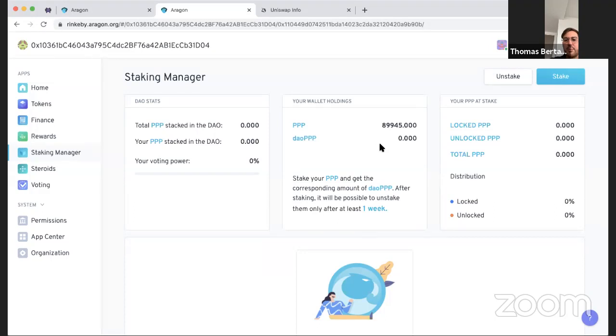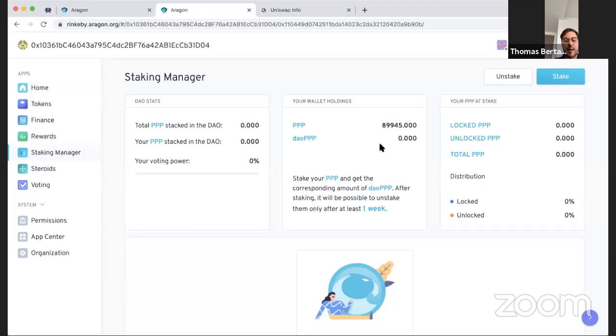Can you elaborate on liquidity pools? I guess this question is around Steroids. The way Steroids works is that there are basically 3 steps. The first step is you have PNT, you put them, not at stake, sorry, you put them in the liquidity pool on Uniswap of PNT with USDT. So that's a specific liquidity pool. You just go on the Uniswap interface and do add liquidity. So you add liquidity on PNT and USDT, and you get a token representing your participation into the liquidity pool